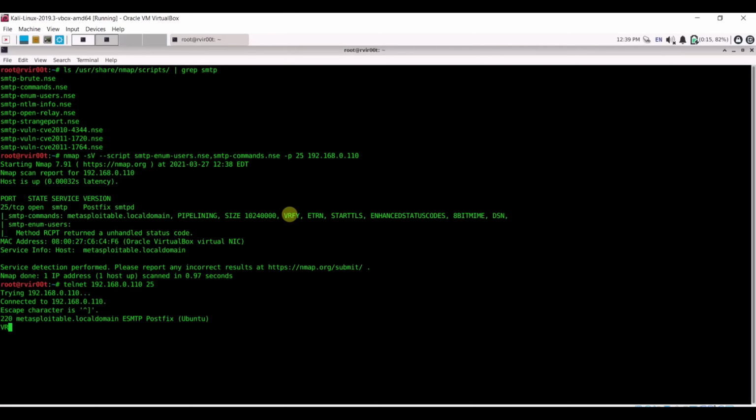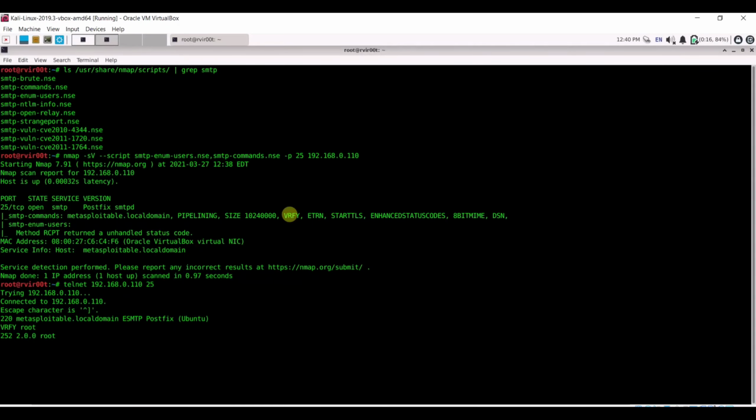So I can use vrfy, and now I can search for the default users. For default users, we have admin, user, root. So let's check these first. Right, I got the 252 code, and this is root, so it means the root user exists on the server.